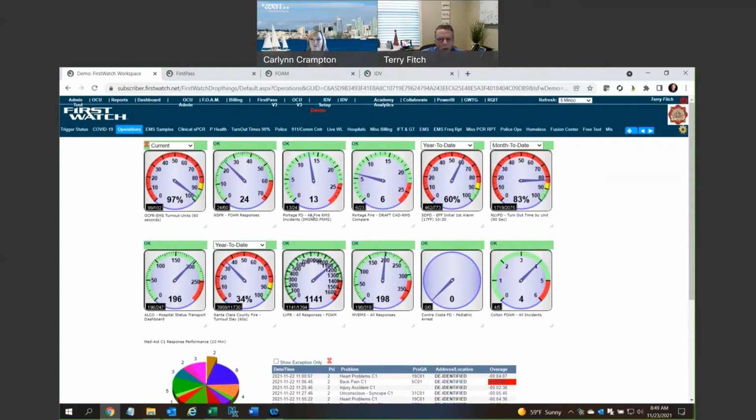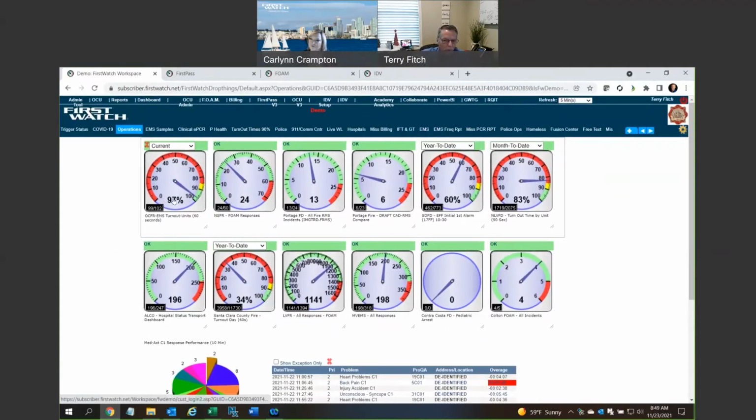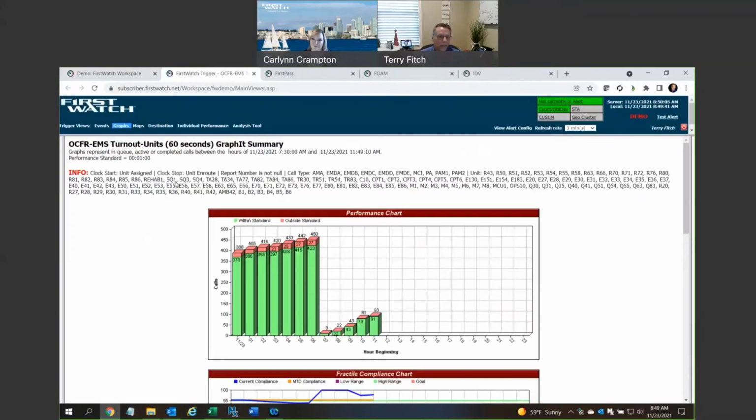Now, as we're talking about some of these gauges or these triggers, remember what a trigger is: it's the data criteria that is filtered and it has an outcome to it. So that's what a trigger is in this case. So on the 60-second EMS turnout times, when I click on that trigger itself, it takes me back behind to